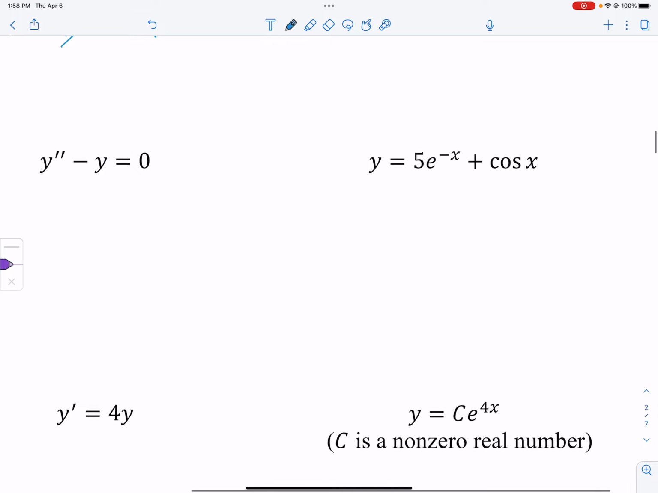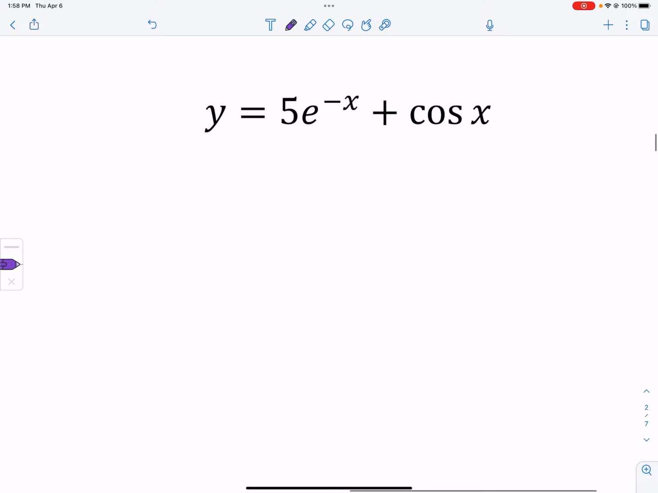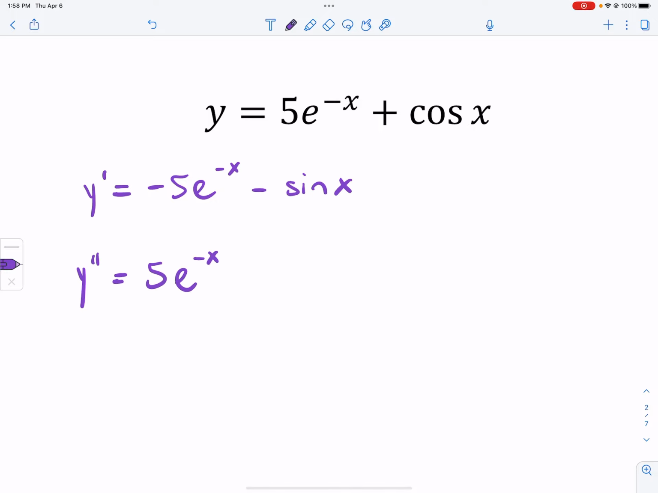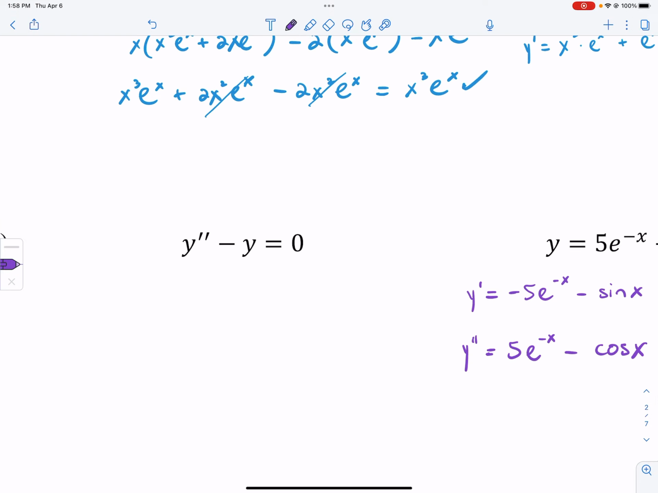Moving on to the next one, we need y double prime. So this would be a second order differential equation. So we need y double prime, which means we need y prime first. So y prime would be negative 5e to the negative x, and then minus sine of x. So then y double prime would go back to 5e to the negative x, and then minus cosine of x. So substituting y double prime in,